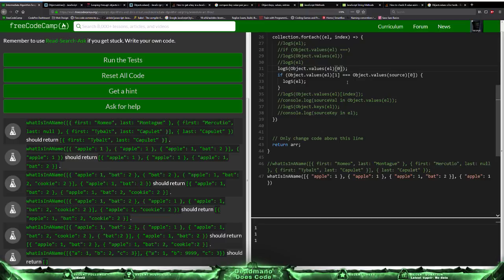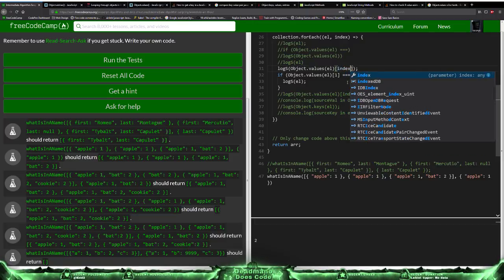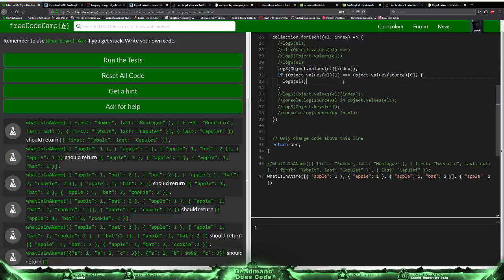Oh. That's the first ones. That's the second ones. So we need to use index somehow. Well, not index. We need to loop through